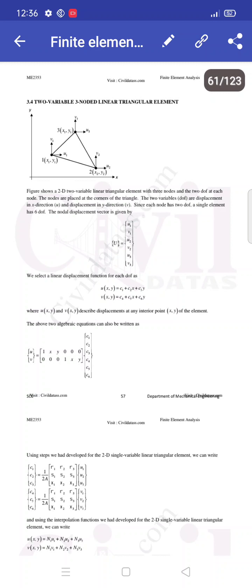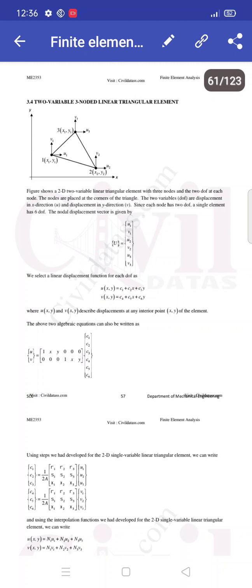The nodal displacement vector is given by v equal to u1 v1 u2 v2 u3 v3. We select the linear displacement function for each degree of freedom as u of x comma y equal to c1 plus c2x plus c3y, and v of x comma y equal to c4 plus c5x plus c6y. So u of x comma y and v of x comma y describe displacements at any interior point x comma y